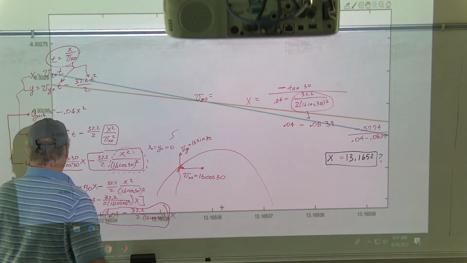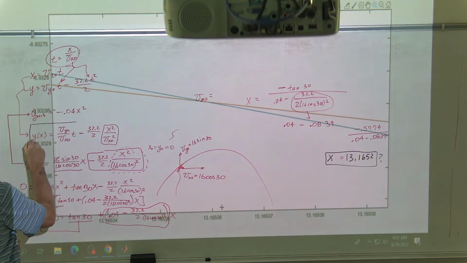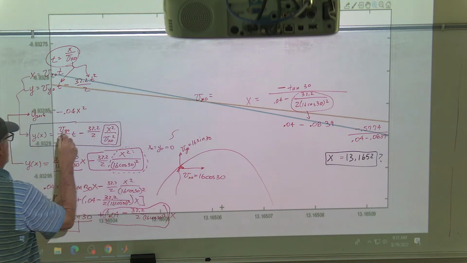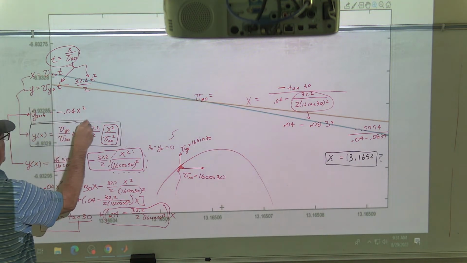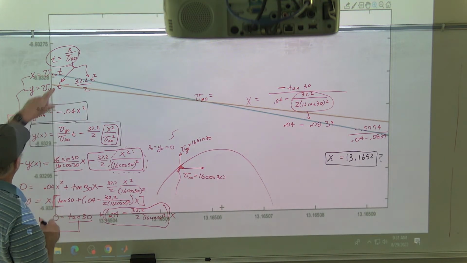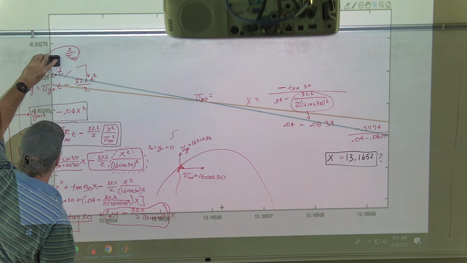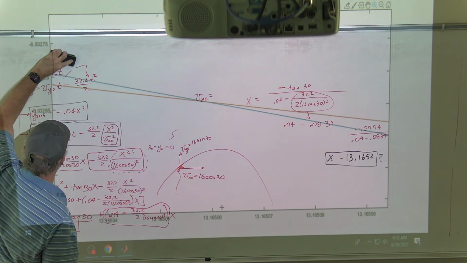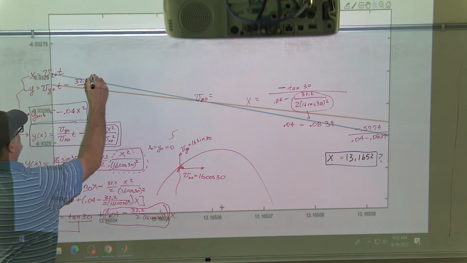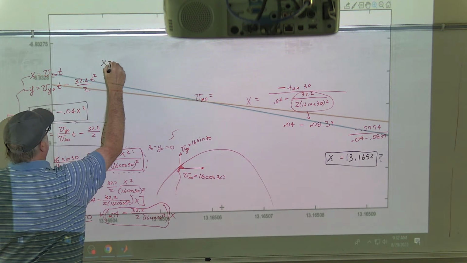So what I had just done is I plotted this one, and then I plotted this one. Now I'm going to go back and plot the original ones. The problem is I don't know what my t goes to. So now I'm going to approach the problem a little bit differently. I'm going to say x is going to be equal to